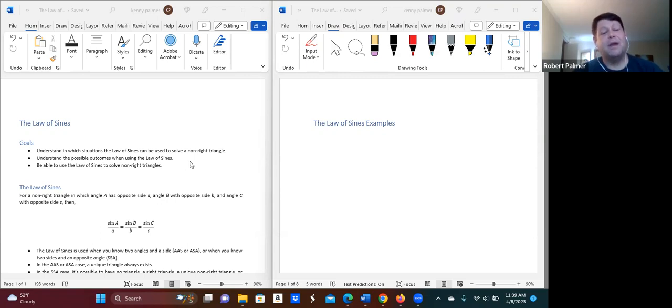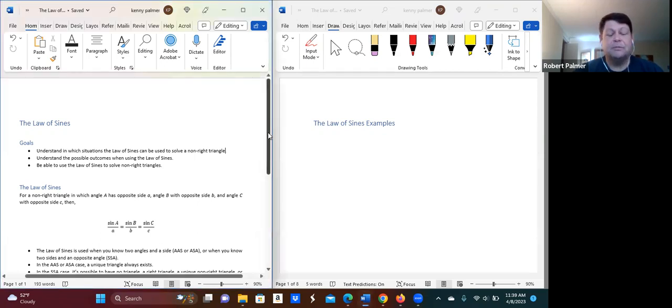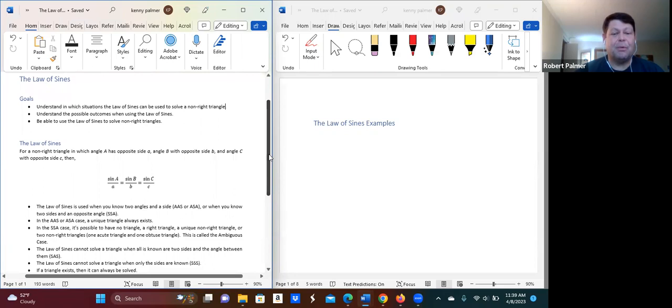We can't necessarily solve every one, depending on what we're given. Understand the possible outcomes, and then be able to use the law of sines to solve non-right triangles when we can. But first, let's explain what the law of sines is and talk about what we mean by, of course,